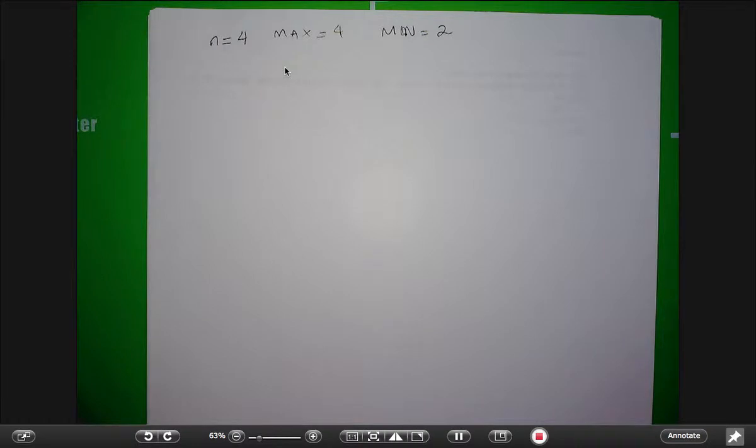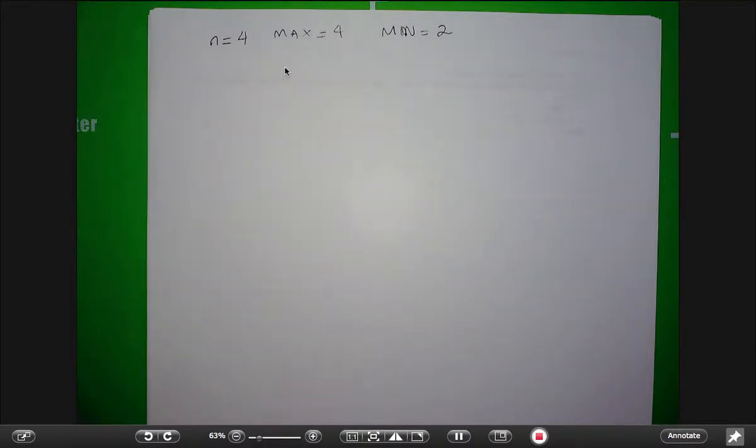So this is where having this tiny paper is the worst, but I will try to do my best. So let's say n is equal to 4. Okay? So that means max is 4, and min is 2, right? So all nodes should have at least 2 things and at most 4 things. So suppose I